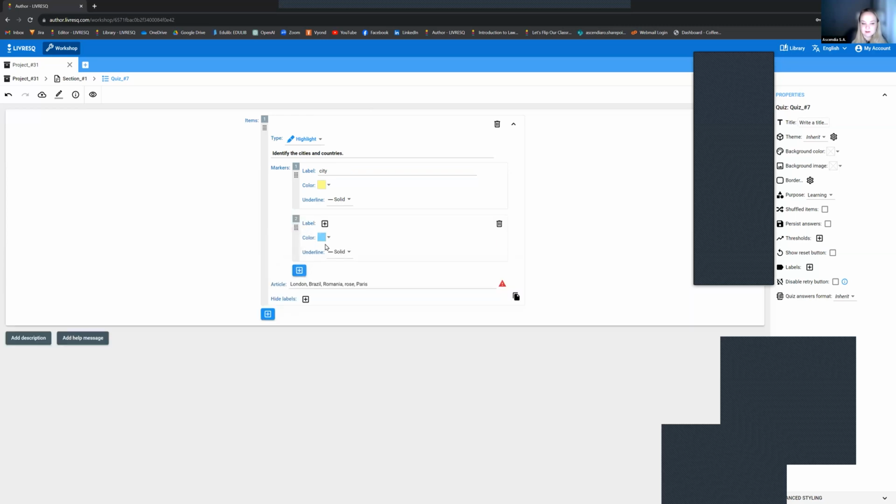And then I'm going to add another label, and this is going to be country. Automatically, the platform has provided me with the color blue. Again, a solid line, but maybe this time we'll play with it and make it a double line. So if I preview this,